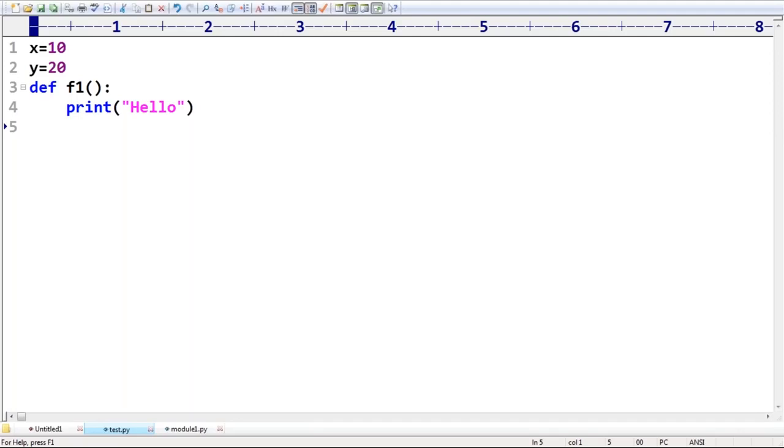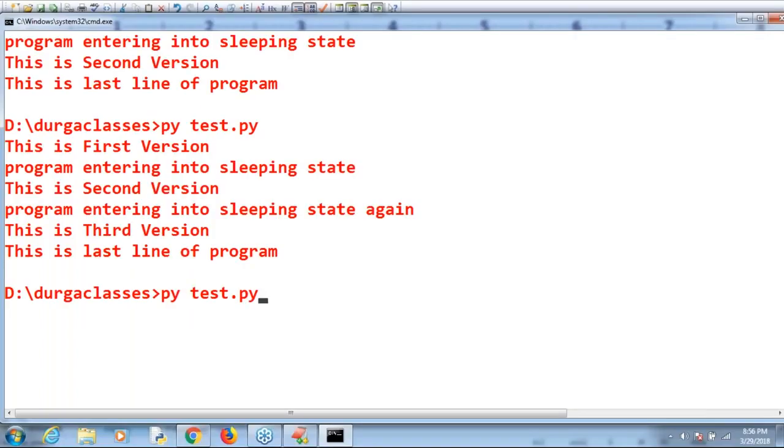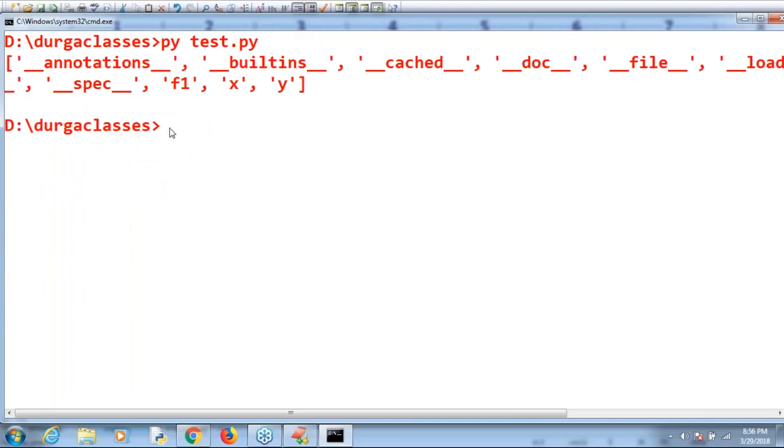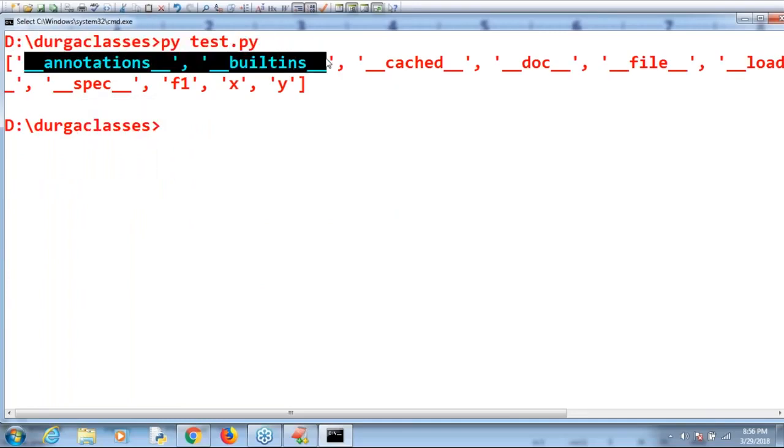Now, I want to print all those members. Print of dir, because dir is going to return the list of members, right? Let me print that. Can you please have a look once? So these are the members we have: annotations, builtins, cached, doc, file.